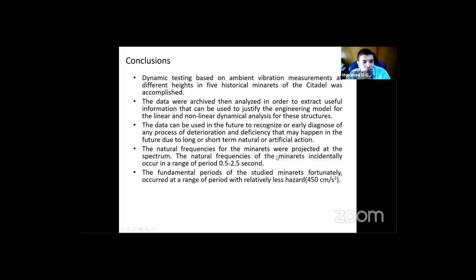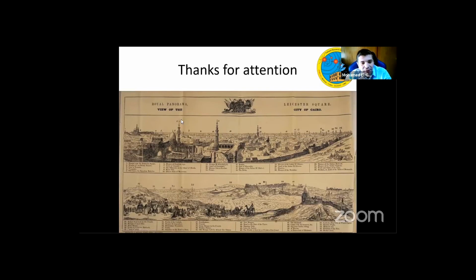To go to the conclusion, of course, this work is still in progress, but it's important to better understand the modeling of the minarets and buildings and how they behave under earthquakes, and how we can use this information in the restoration process, because this can save a lot of money and effort, and be more realistic in mitigating the effect of earthquakes. That's all. I hope I was short and not too boring.